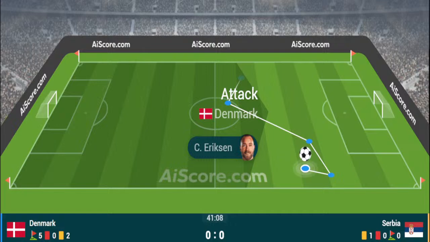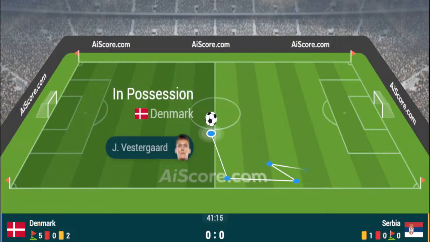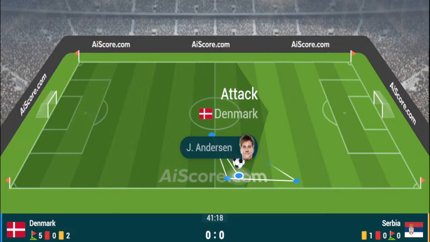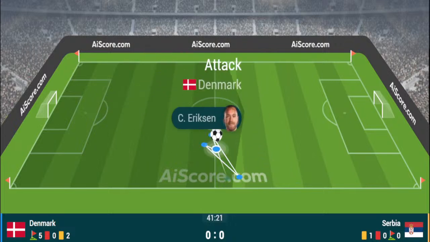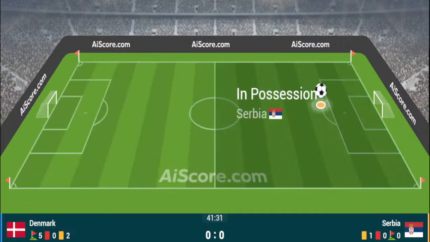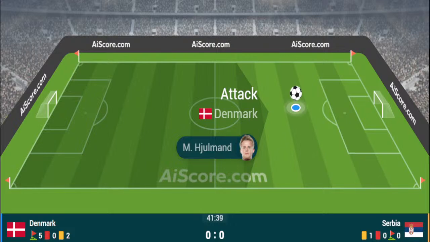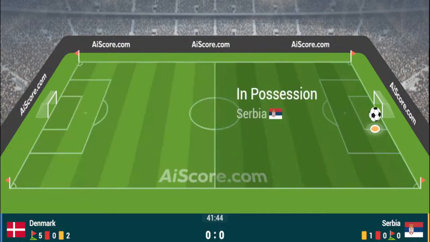Denmark once again in possession on the right-hand side now. Vestergaard collects it slightly more central, plays it to Hjulmand, who got a yellow card and will miss their next match should they go through to the last 16 of the competition. Now it's Mæhle. Mæhle has the ball on the left-hand side. It's gathered by Vestergaard, just outside the centre circle. Vestergaard zips it to his left-hand side and finds the run of Højbjerg. Højbjerg plays it forward looking to Hjulmand, and now it's gathered by Højbjerg once more just outside the centre circle.